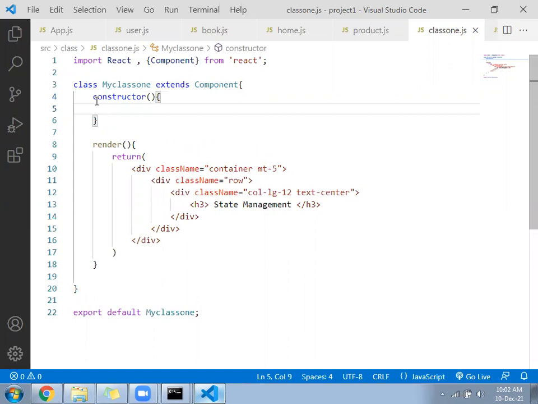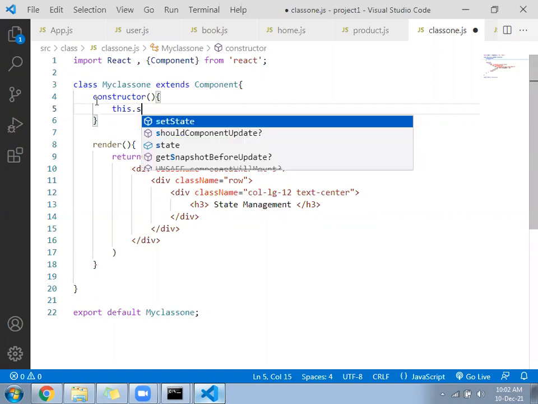Now what are we going to use that constructor for? In the constructor, mostly you define variables, variable declaration or variable assignment we do under the constructor. So inside the constructor now, you will use a predefined member variable that is called this.state.